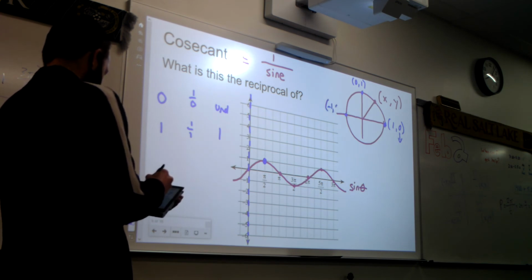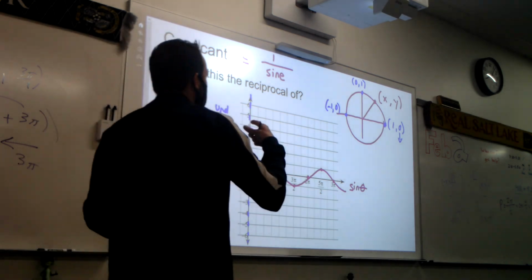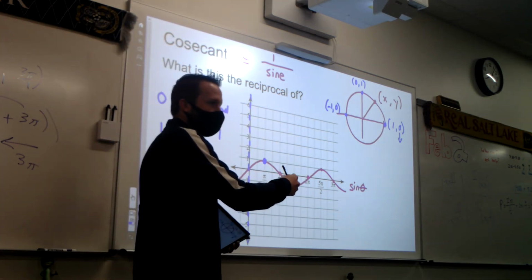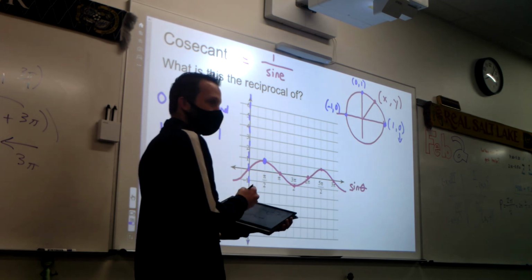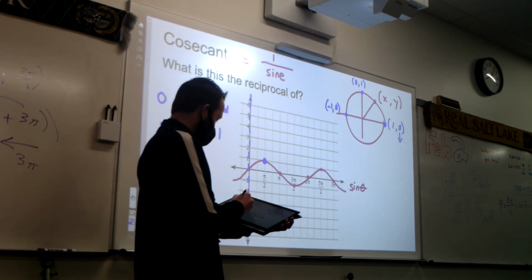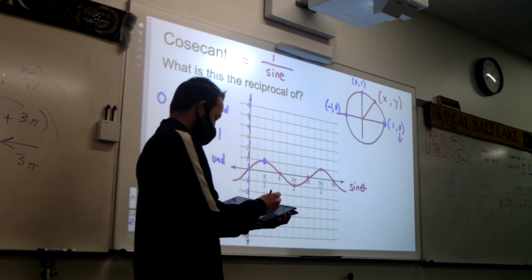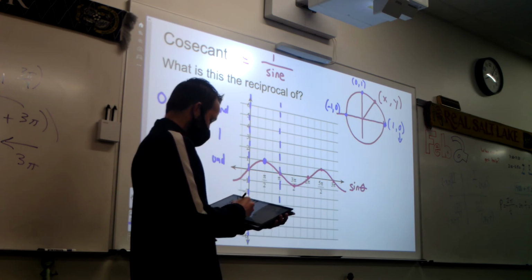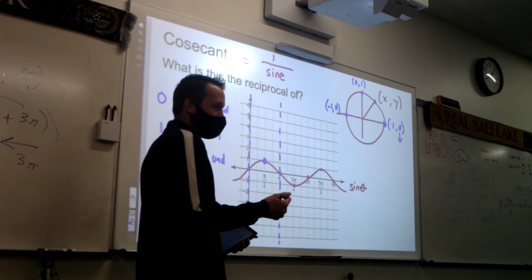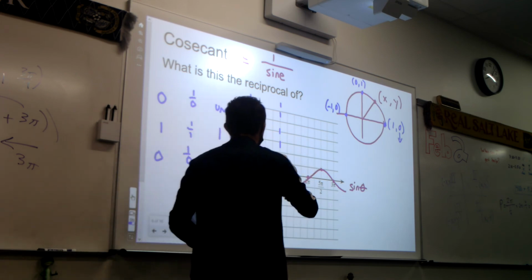Okay, let's go to 180 degrees. This is the point -1, 0. Uh-oh, once again we see that sine is 0. So what will the cosecant be? Undefined, which means what are we going to put at pi, or 180? Vertical asymptote, right? Because when it's undefined, we don't want anyone to use that point, so we put a vertical